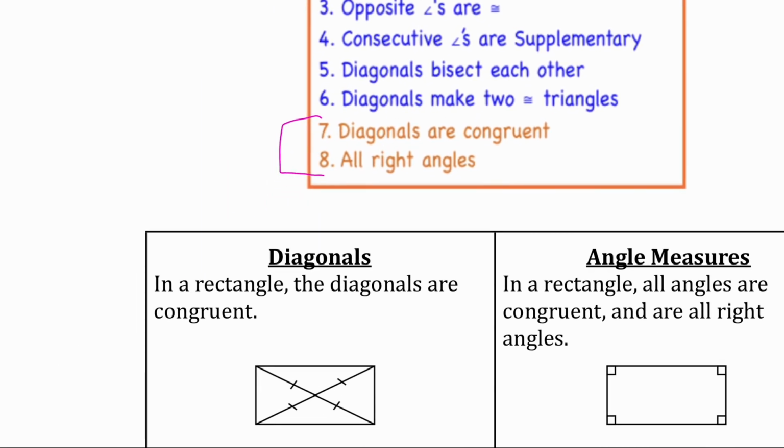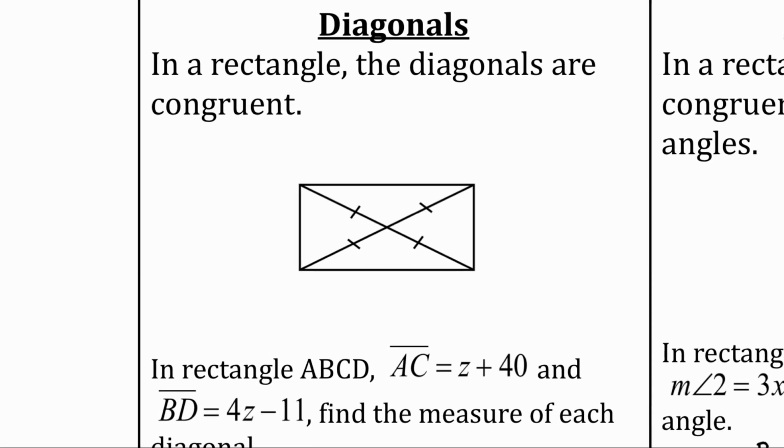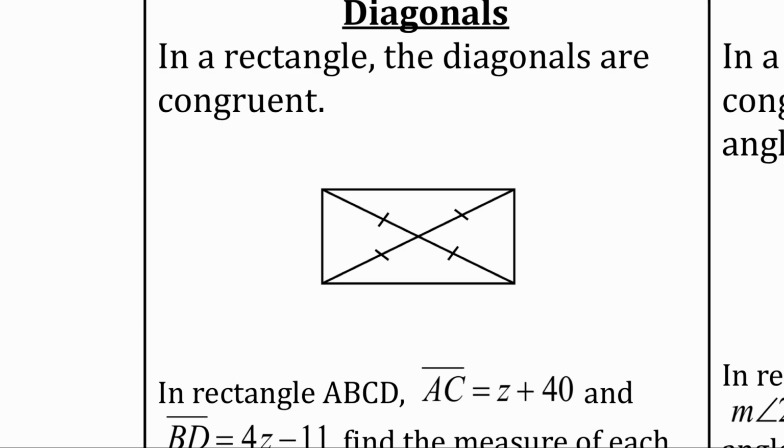All of those sides are perpendicular to one another. So let's take a look at these diagrams, look at some of these properties and try a couple of examples real quick. First one I want to take a look at is the diagonal property. So in a rectangle, the diagonals are congruent. Now, this diagram is showing that the pieces of the diagonals are all congruent to each other, but it is also important for you to know that this full diagonal is congruent to the other diagonal